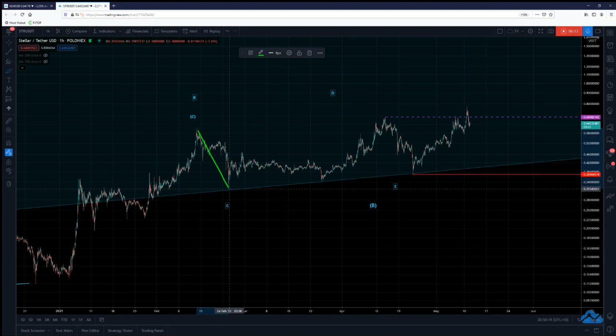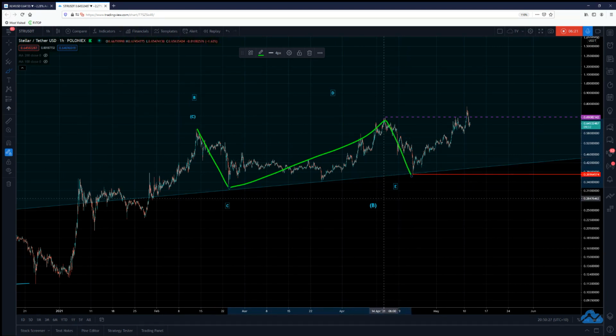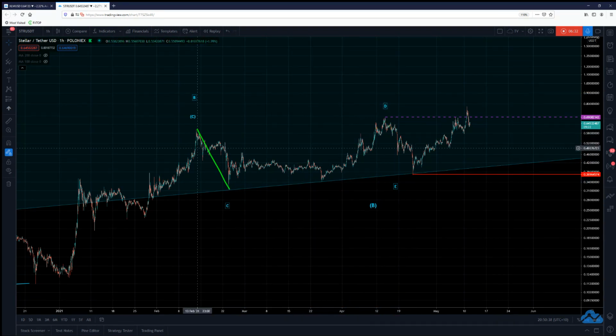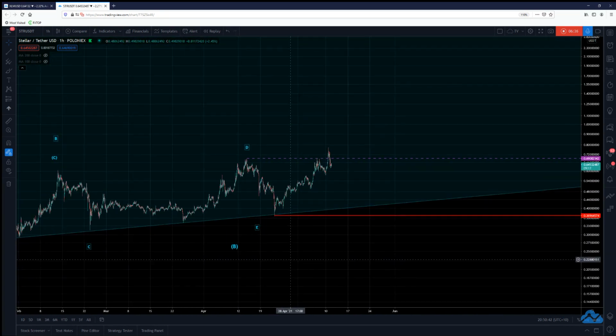That was a C wave. This, I concluded that it's a D wave, right? And then this is an E wave, okay? So that is, by my standards in Elliott Wave, basically a perfect pattern right there, a perfect setup, and basically critical